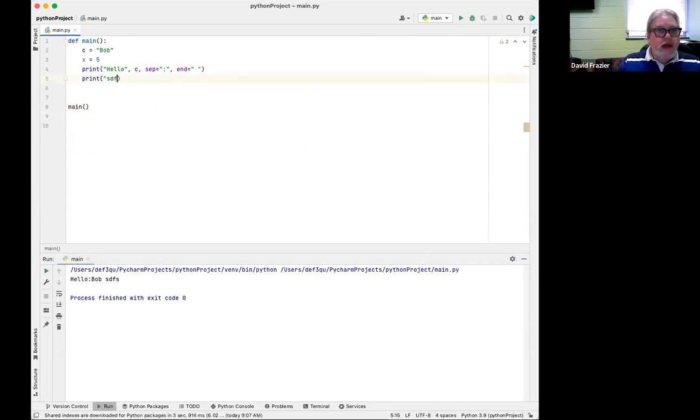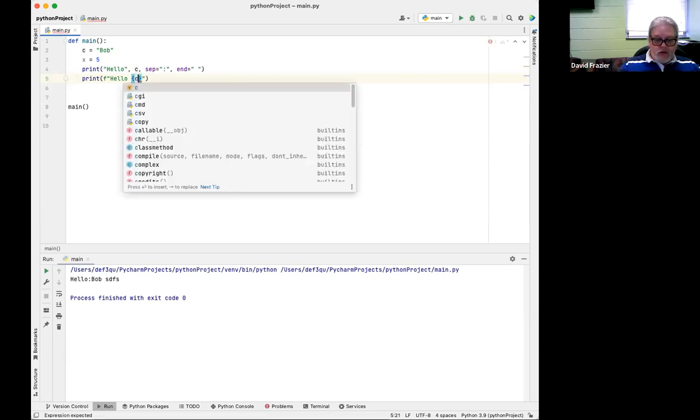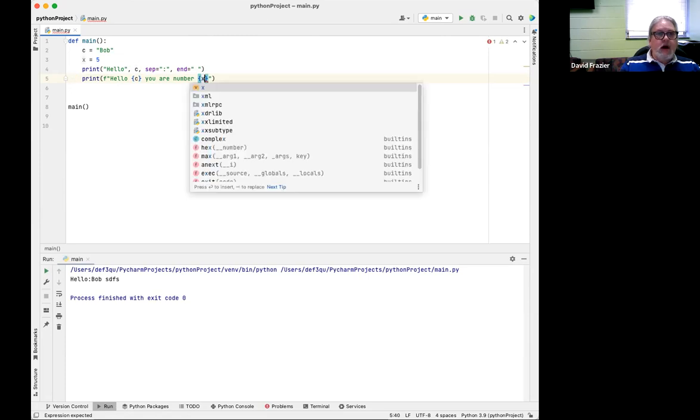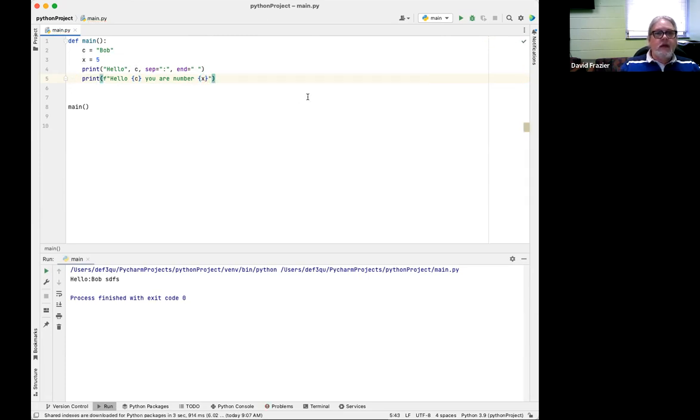The other thing that's pretty helpful, I think, is that there is a printf option, kind of like the printf in C++. I can just do hello, and then get the value of a variable in curly brackets. And I don't have to worry about doing the semicolons or any of those things. Let's skip the first one for now. You could say, hello Bob, you are number 5.